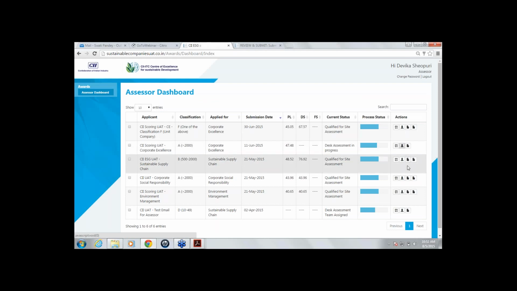Just against the preliminary report, in some of the applications which have already been submitted for desk assessment, if you see the third application, there is a fourth action item appearing, which is the desk assessment preliminary report. Now, the desk assessment preliminary report is a revision of the preliminary report.